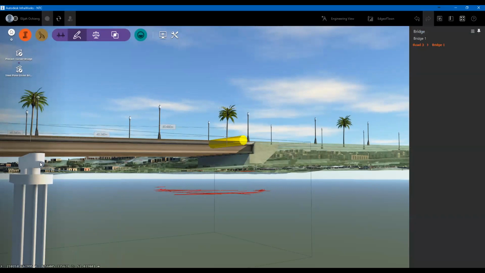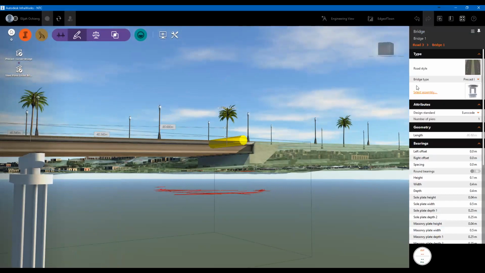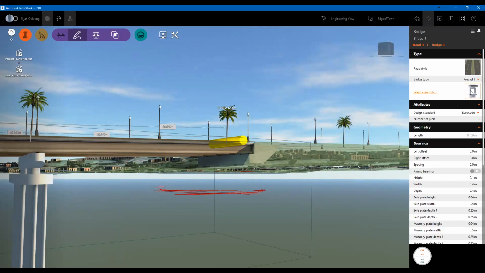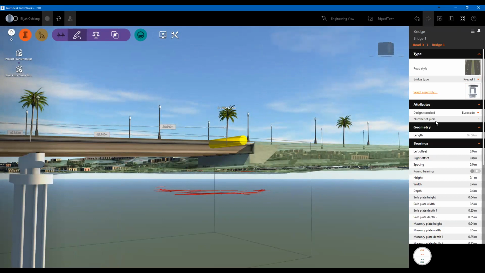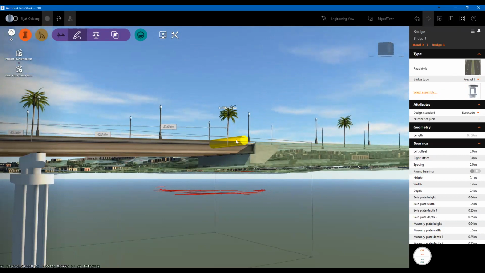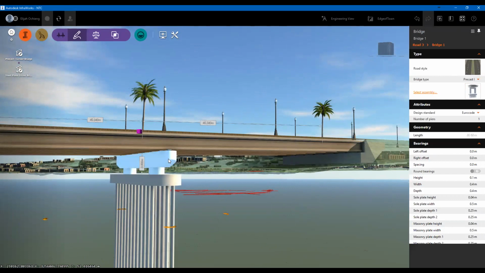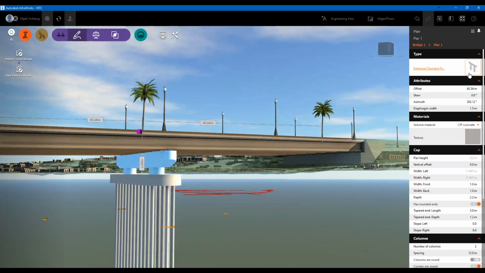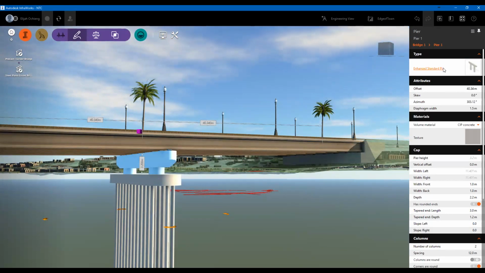And if I click on the pier itself, it will tell me what that pier is made up of. So you can see the assembly I've selected right now is the bridge. It tells me this is Bridge 1, we're only having one bridge here. And it tells me the pier is made up or designed as per